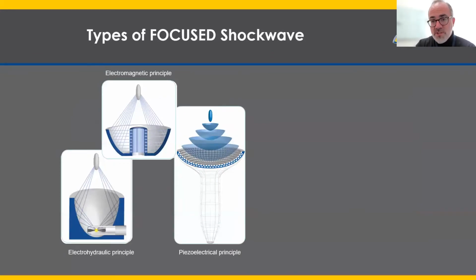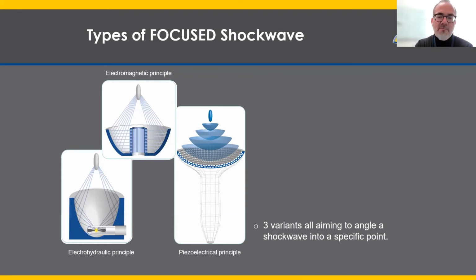When we look at the focused shockwave, it's got several different types of generators. There's an electrohydraulic, where there's sort of a spark or a pulse that causes a rapid rise in rate of pressure waves that reflect and focus into a specific point. There's also electromagnetic generators that focus. Those can be very, very expensive and are considered to be very high energy shockwave. What we're talking about is more of a piezoelectric, and about 1/10 of the cost of the other types of devices that have been proven to be very highly effective for soft tissue